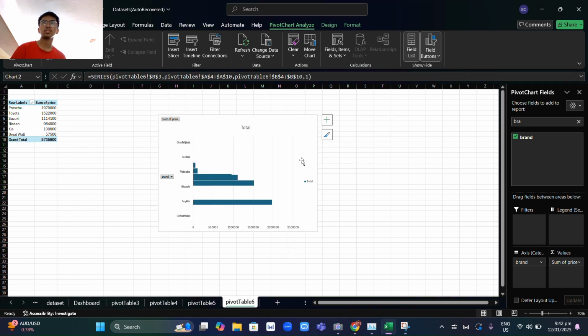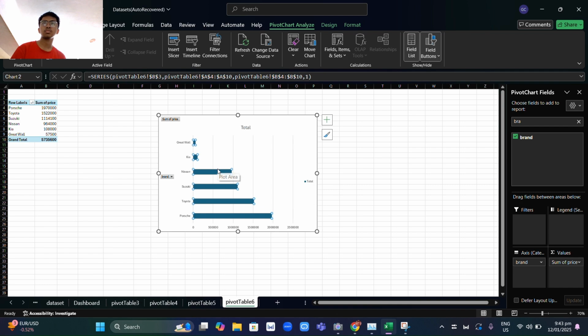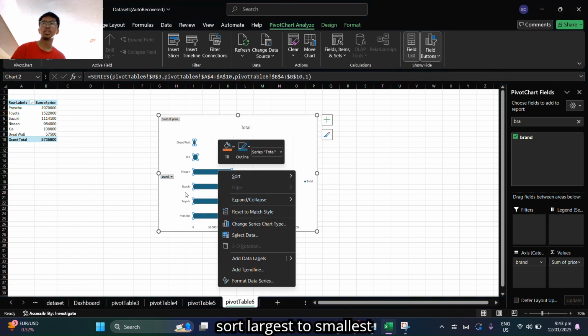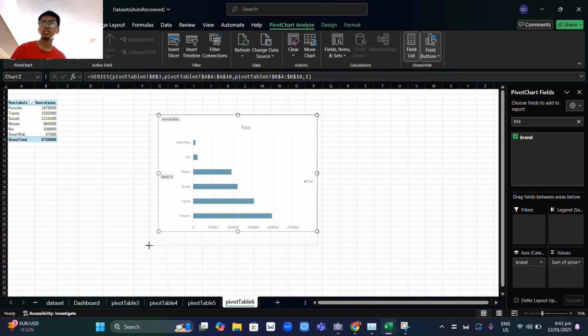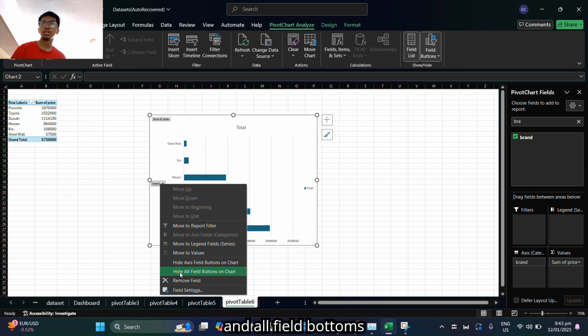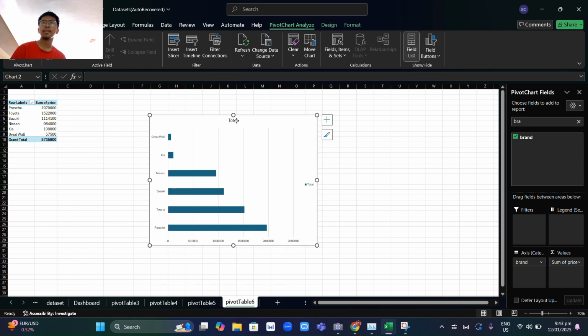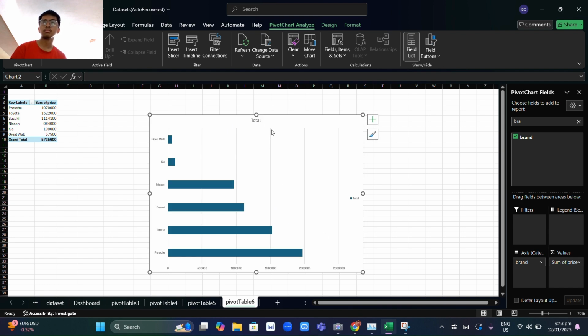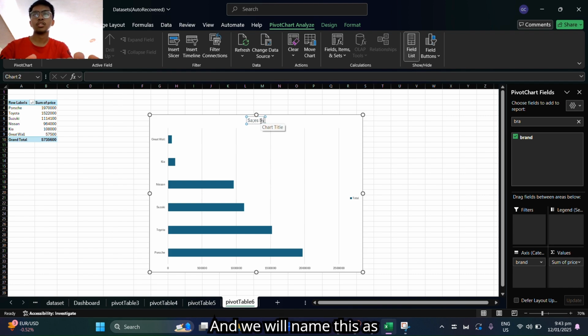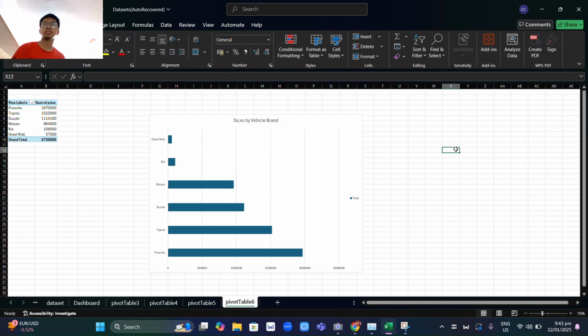We then sort it from largest to smallest, and all field buttons. Then resize it again. And we will rename this as sales by vehicle brand.